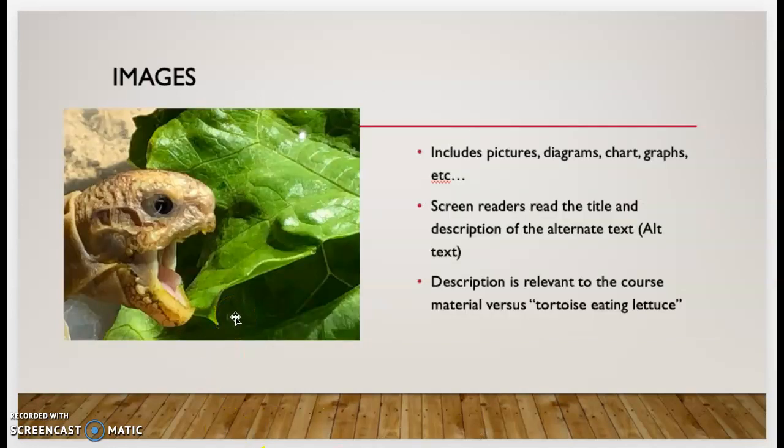Images definitely need to be accessible in Canvas, and images include pictures, diagrams, charts, graphs, etc. Screen readers use the background information for images to let the individual know who has either a vision impairment or has just trouble seeing images. For example, if they have a concussion and they need to limit their screen time, then they can use the alt text from their screen reader to know what is going on